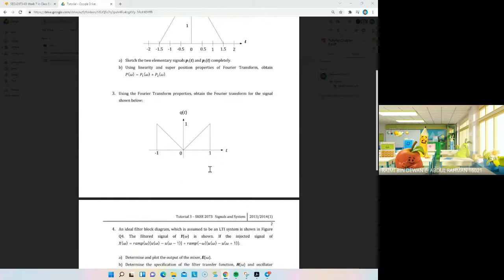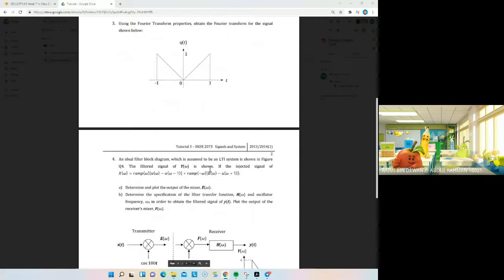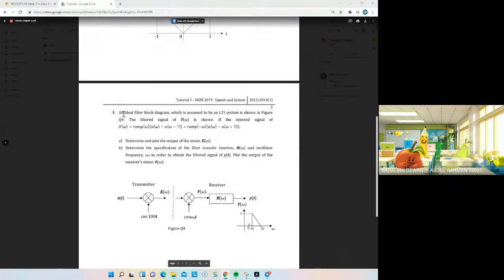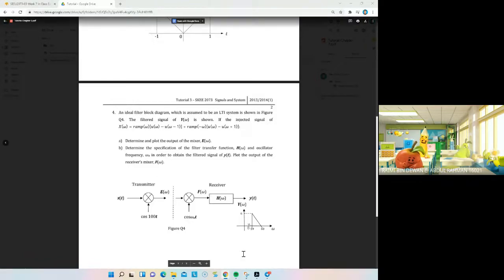Okay. So question 4. An ideal filter. Make sure you see the real word here. It's mentioned ideal filter. I'm not sure how the question may be changed, right? So you need to really see the words. Here it is mentioned ideal filter. So it means that an ideal filter will have a shape which is